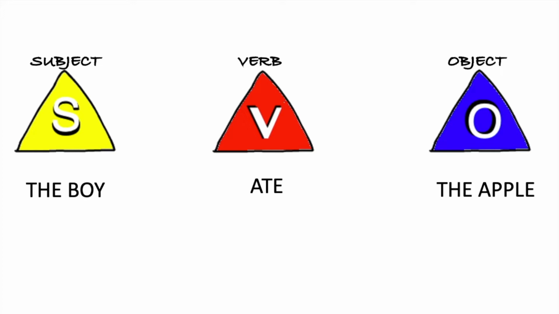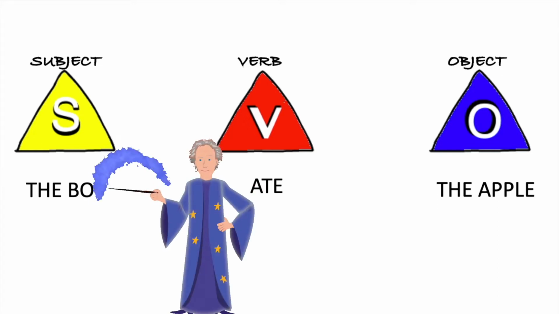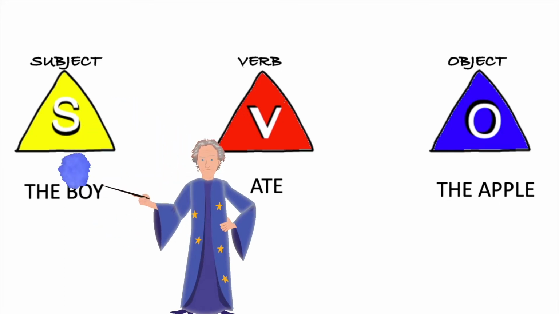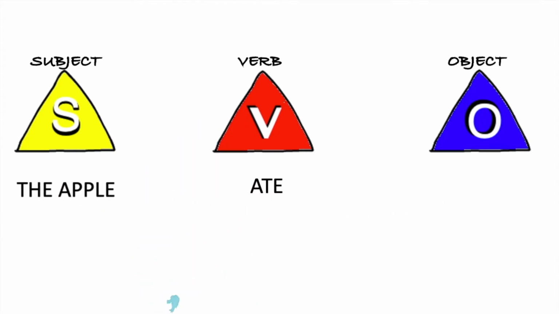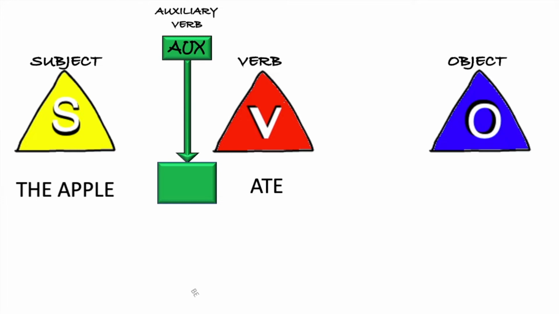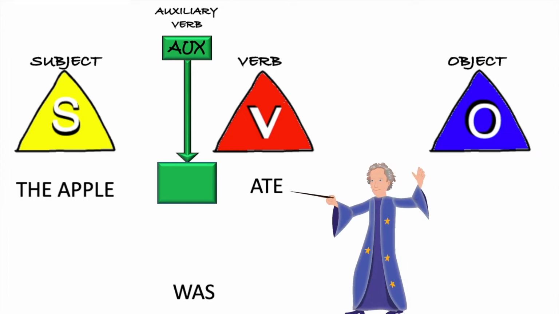If we want to express this idea in the passive, there are 4 obligatory steps we have to take and 1 optional step. The first step is to kick out the subject of the verb. The second step is to take the object of the verb and put it in subject position. The third step is to add the appropriate form of the verb to be. In this case, the verb is past simple and the subject is third person singular, so the correct form of be here is was.